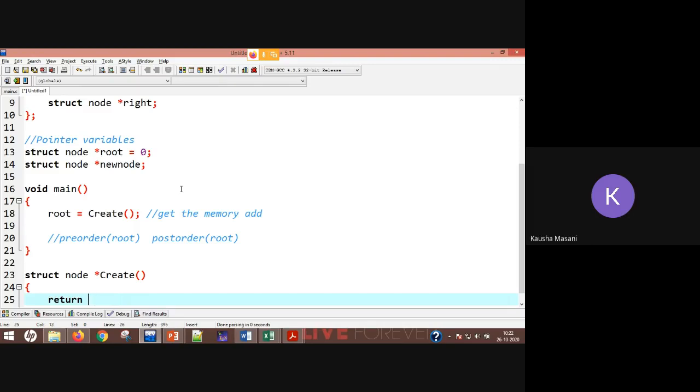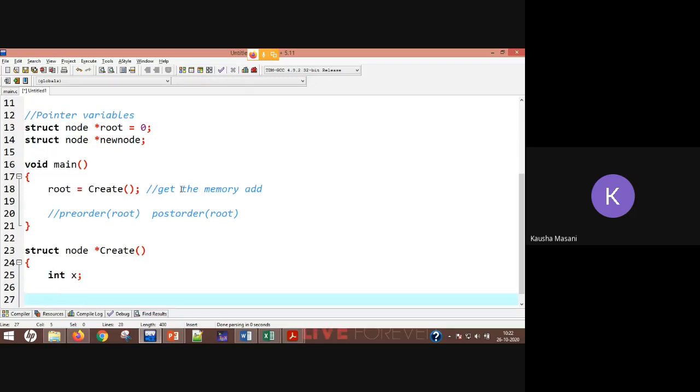All right. Now let's say we are taking one integer x. I'll tell you why. Now first of all, new node is already there in my pointer variables, so go and allocate the memory. So new node is equal to struct node pointer malloc sizeof struct node.